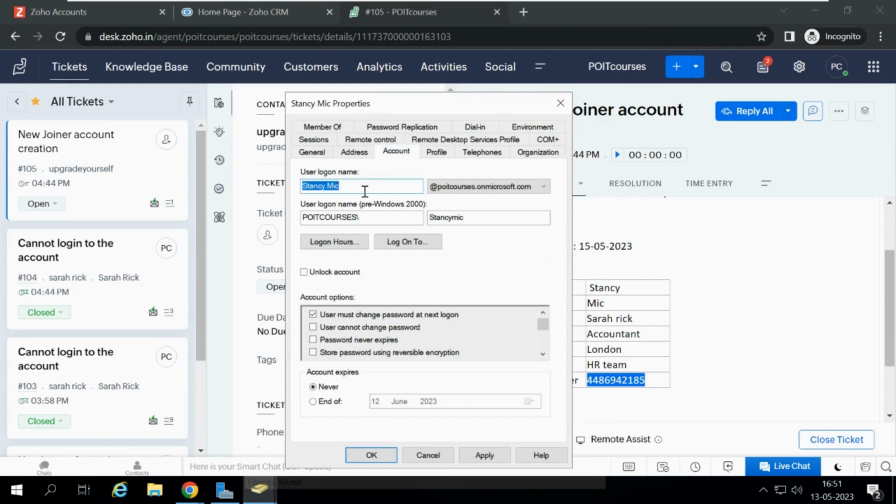So here I can see the user principal name. When someone asks you what is the user principal name for Stancy, you can just go to the account tab and here you need to find it. So this is the user principal name,